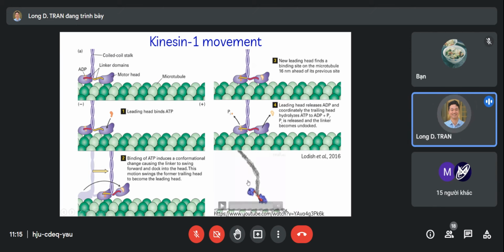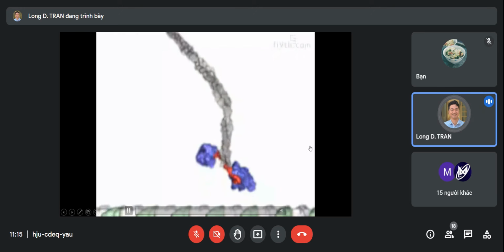This is the movie to illustrate how the motor protein moves. Kinesin is a dimer with two identical motor heads. Each head consists of a catalytic core and a neck linker. In the cell,